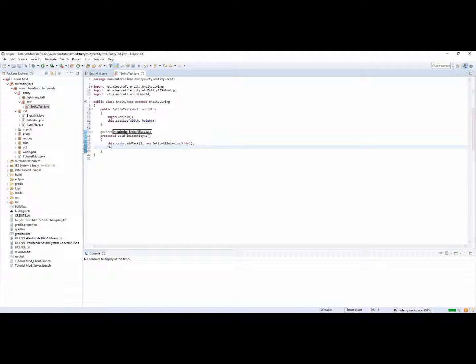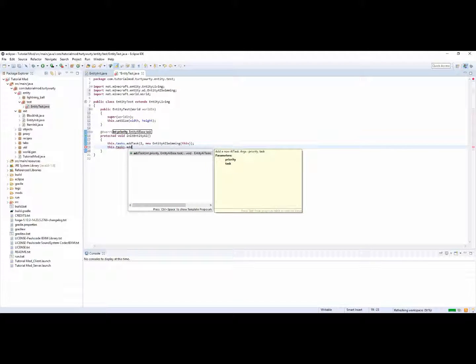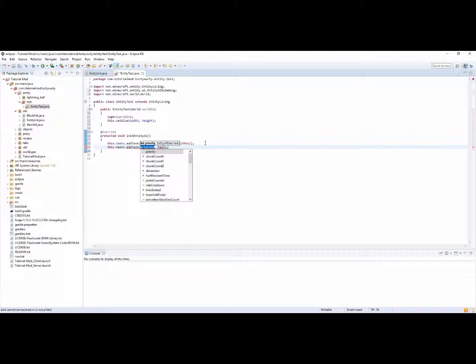And then you basically just want to keep adding tasks. So here's the ones I advise you add. So priority of 2, you want to put new EntityAIPanic,